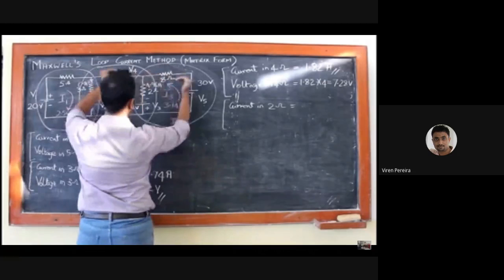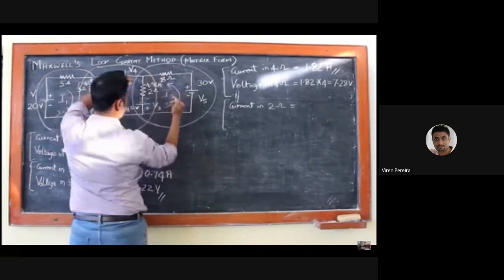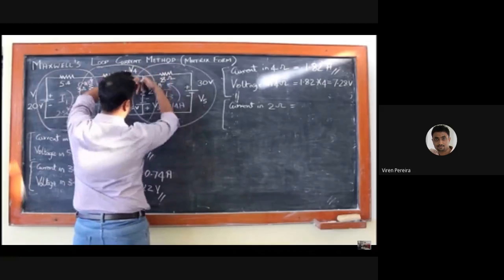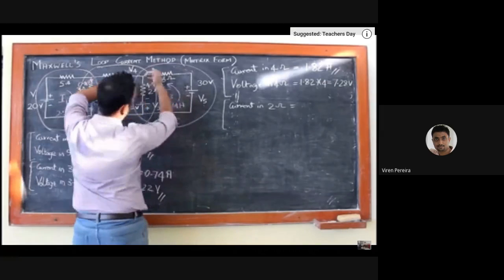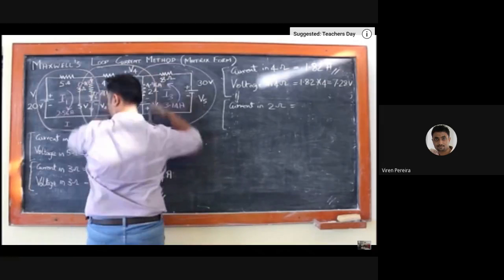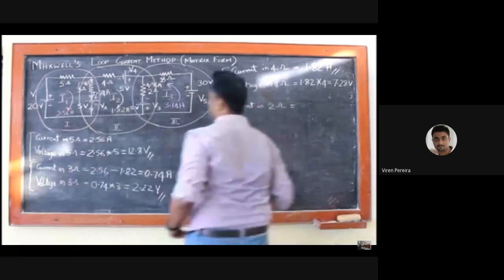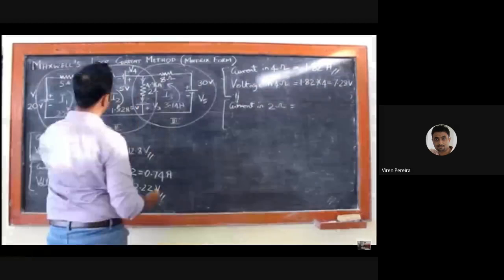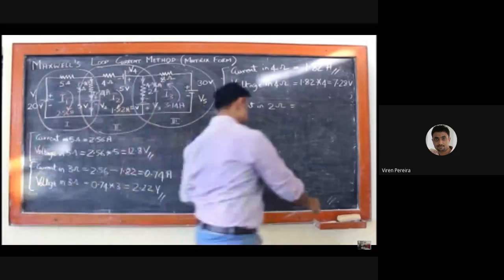So I have I2 plus I3. Here it will be an addition. I have I2 current and I3 current adding and going inside this resistor of 2 ohms. So it will be I2 plus I3. Direction will definitely be from top to down because it is adding up. So current in the 2 ohms will be I2 plus I3, which is